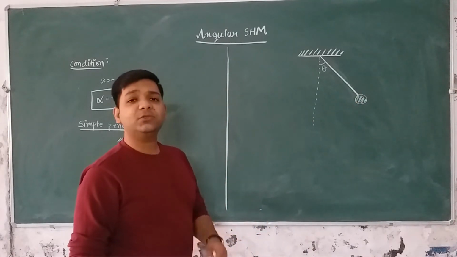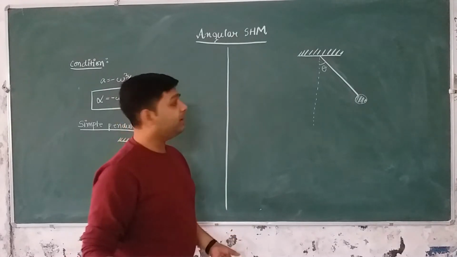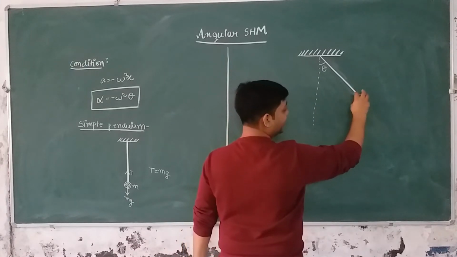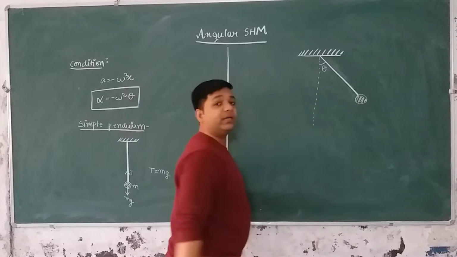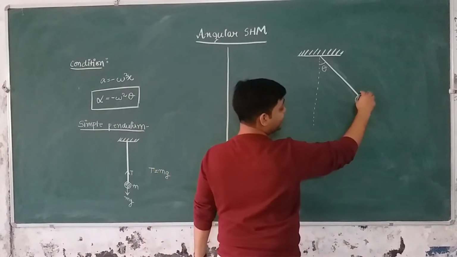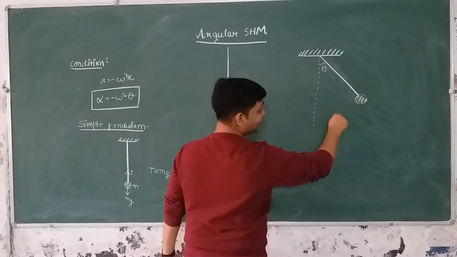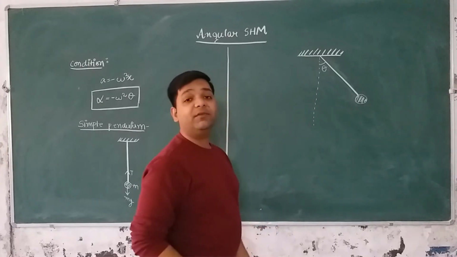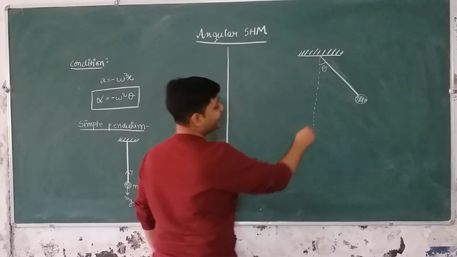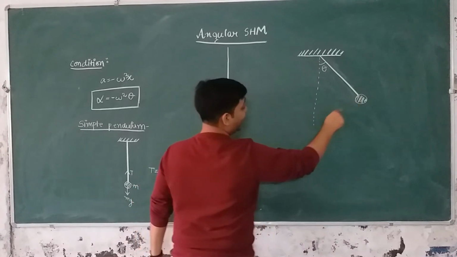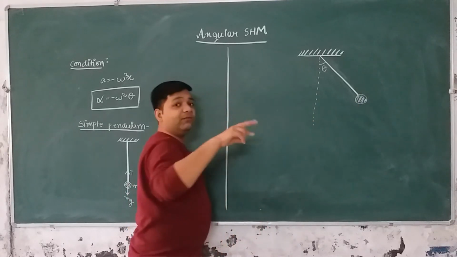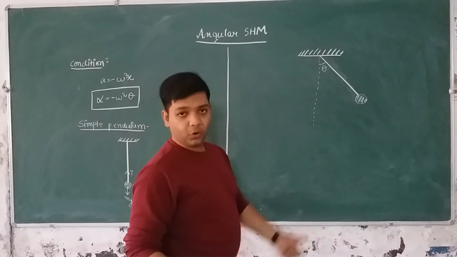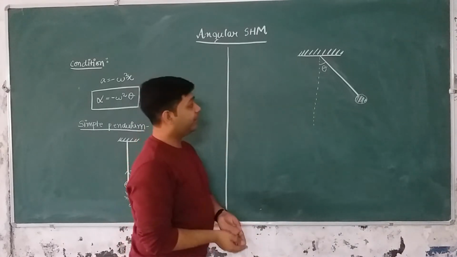We will consider that there is no air resistance or friction of any kind, and therefore the energy of the bob will remain conserved. The work that I have done in bringing this bob here is stored in the form of potential energy, and when I release it, its potential energy starts converting into kinetic energy, and at this point the entire energy of the bob is kinetic energy. It will perform motion like this, with energy converting between potential and kinetic energy. So its energy will always remain constant, that you need to know.